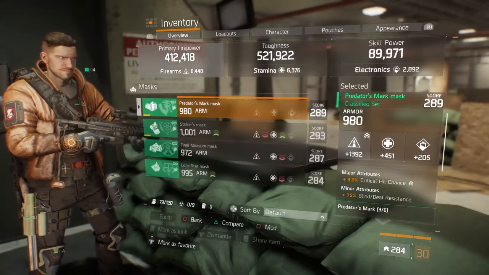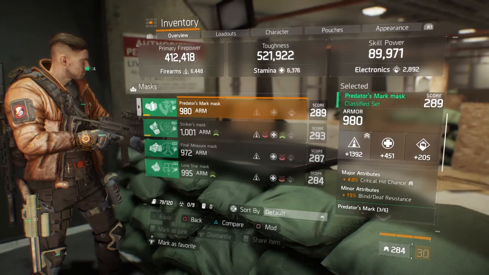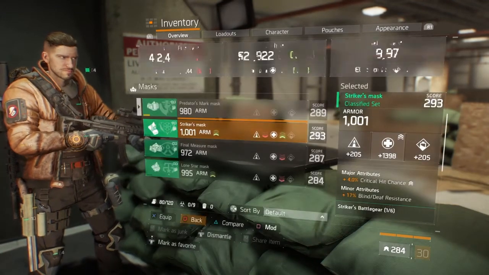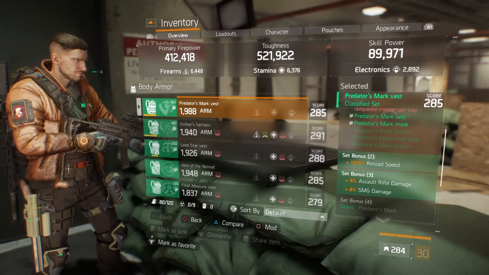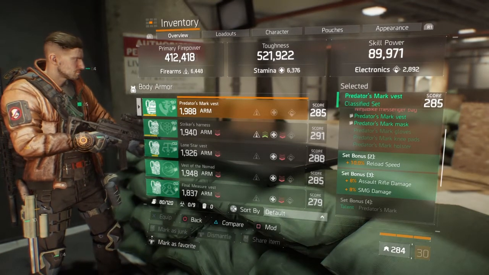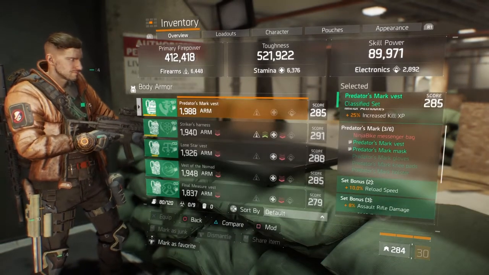And then the mask. This is actually one of my favorite masks for Predator's Mark: crit chance and then blind and death resistance. I don't know, I just like how that's built. And then what we're getting off of this is 10% reload speed, assault rifle damage, and SMG damage. That is why we're using the 3-piece Predator's Mark, guys. We're using it for the reload speed, the assault rifle damage,